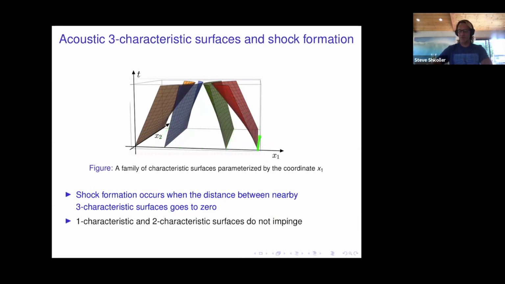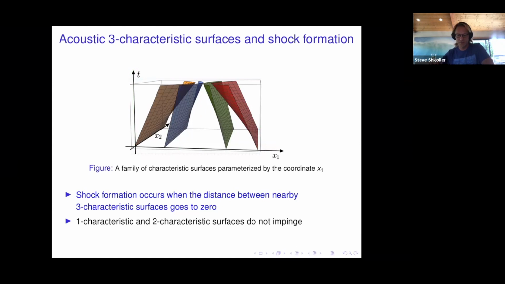And from each of these lines traveling in the x2 direction, a characteristic surface emerges. You can see time here is moving in the vertical direction. And these fast acoustic characteristics, just like you've seen in one dimension, impinge and get closer and closer together. The definition of shock formation for pretty much any system is that the distance between nearby